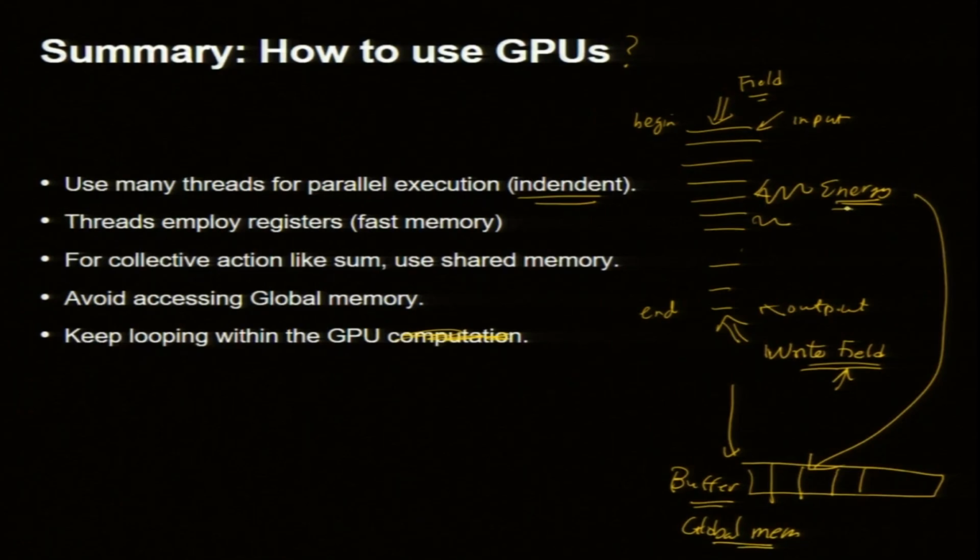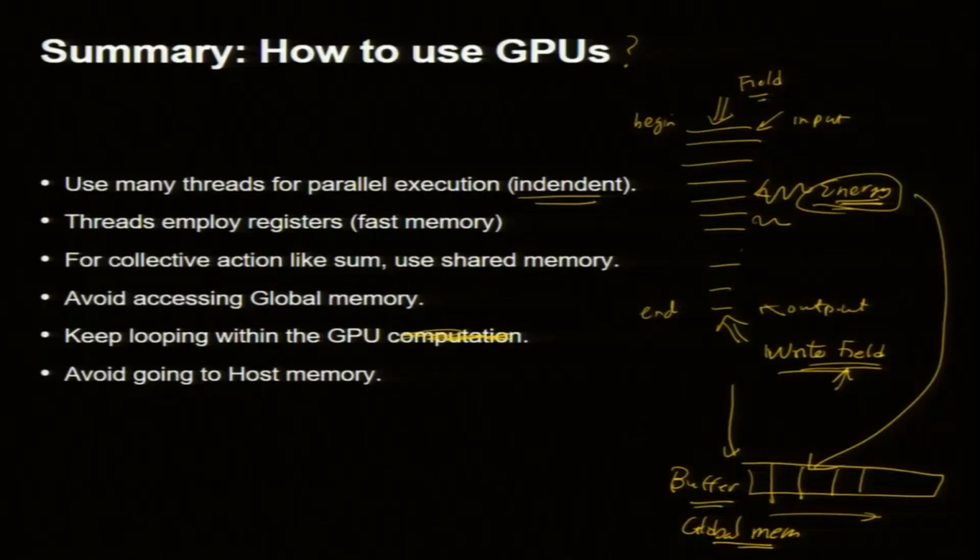When I say write this data, it is written in the host memory, and that goes to the hard disk. That is not what you should do. Do not go to the host memory and hard disk. Global memory is okay. So, this energy I could write to global memory. So, this buffer can be created in global memory. This is slower, but not as slow as accessing the host memory. Memcpy avoid as far as possible, except first time and last time. Okay, avoid on host memory.